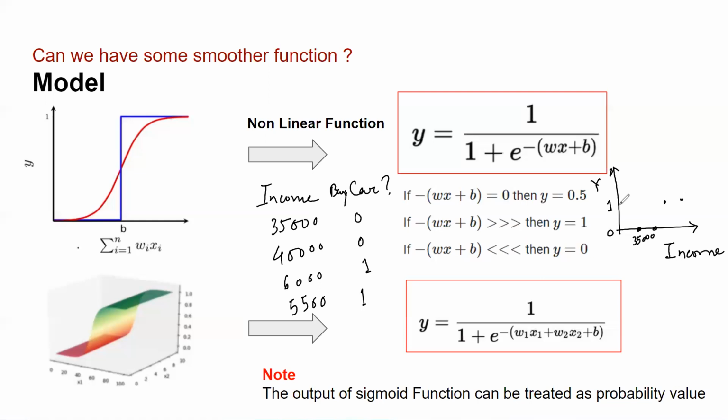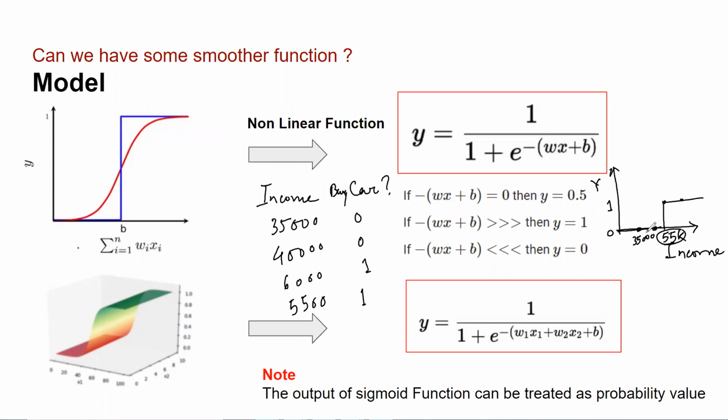Now just look at this data. What inference can we get after plotting this in the XY plane? What we are saying is that if the person's income is below 55K, then he is not able to buy a car. But if the person's income is more than 55K, then he is able to buy a car. This is the inference we are getting from this plot. Do you agree with me?